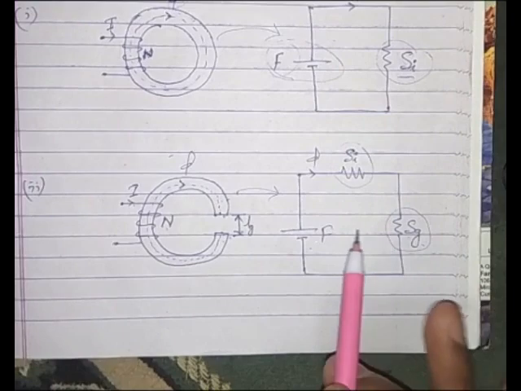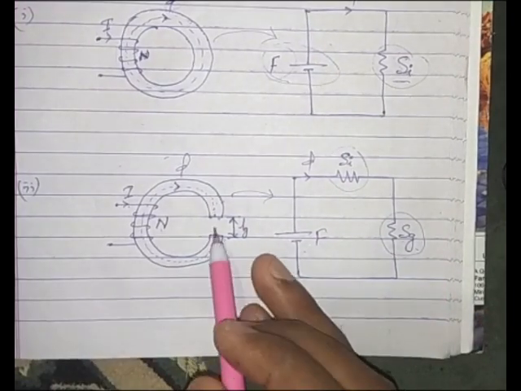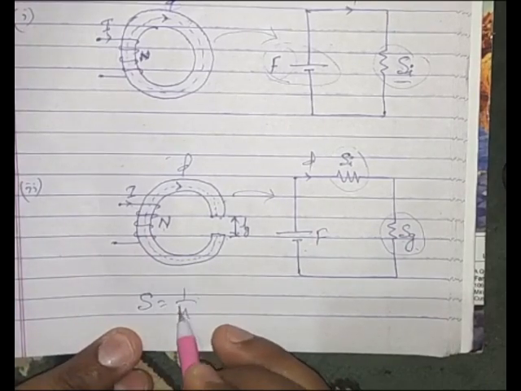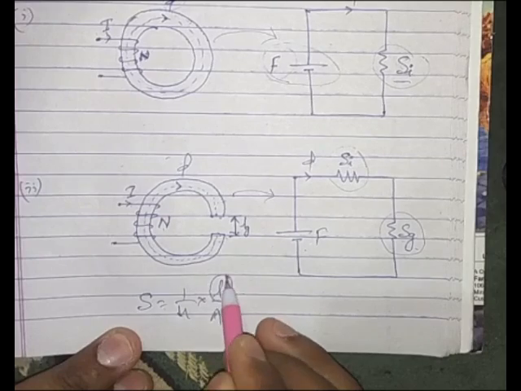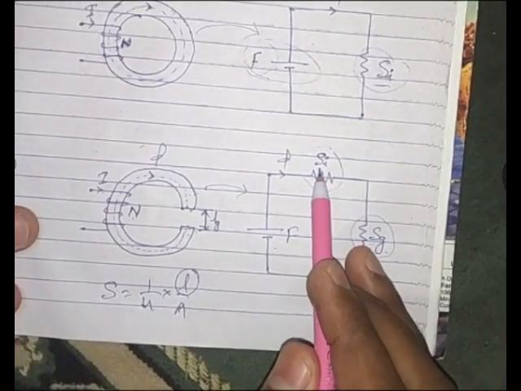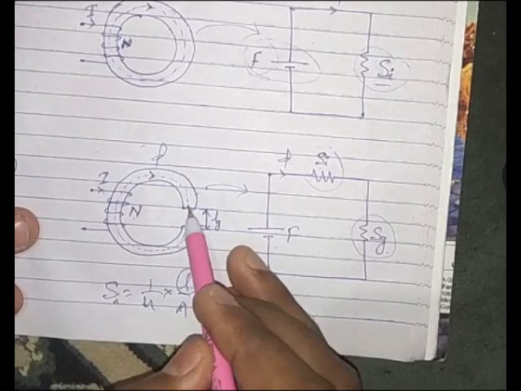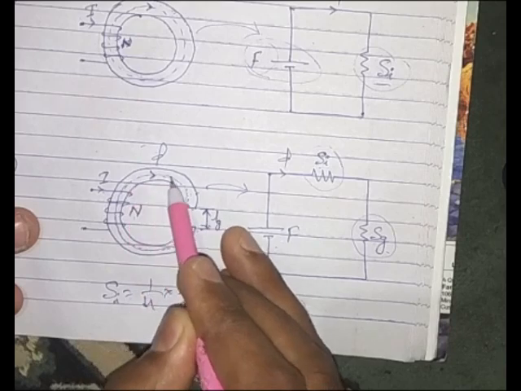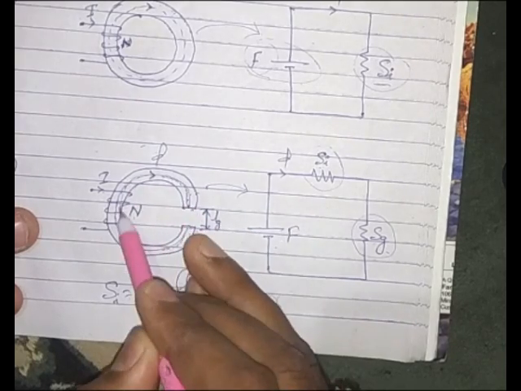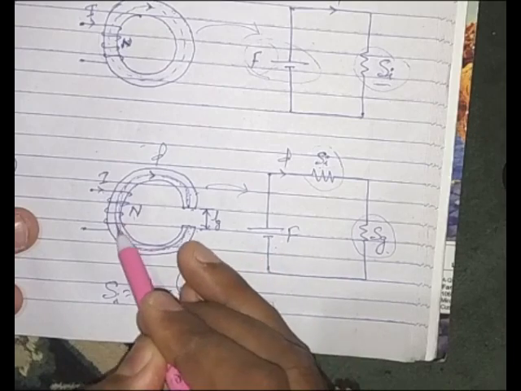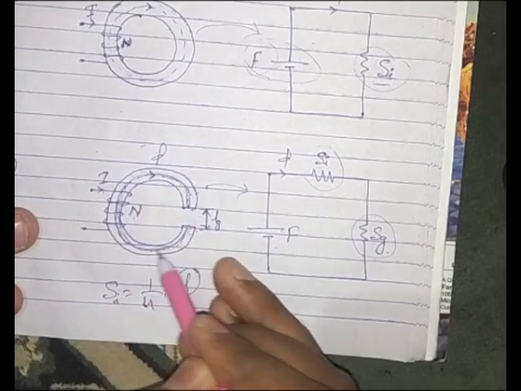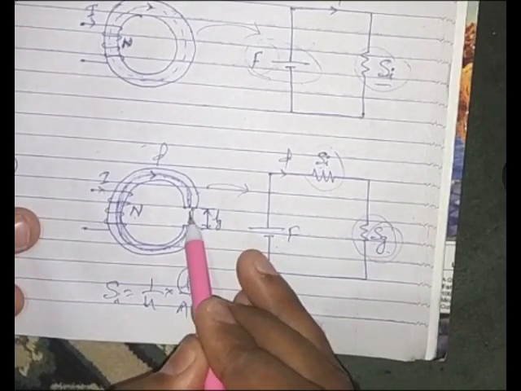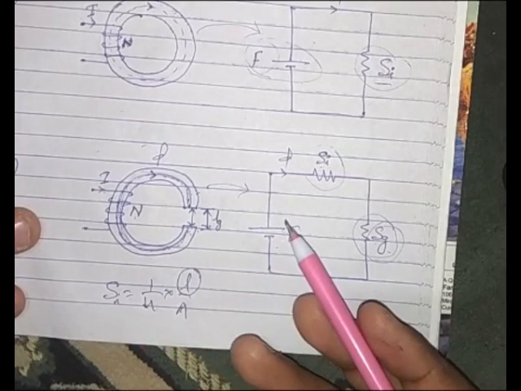One very important thing we need to understand while doing numerical problems: for S we need to find the length of the path. So for calculating SI, the length of the path will be from here to here, the length of the path inside the iron. This is the iron path, so we only take the length of the circuit from here to here. Now in case of the gap, we take L as this LG. I'll discuss it more